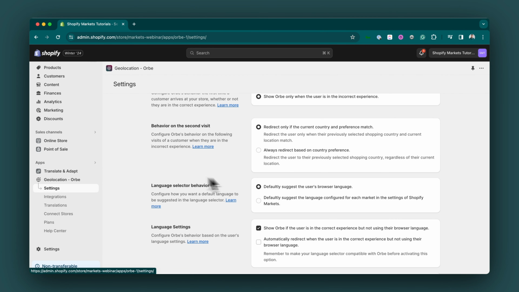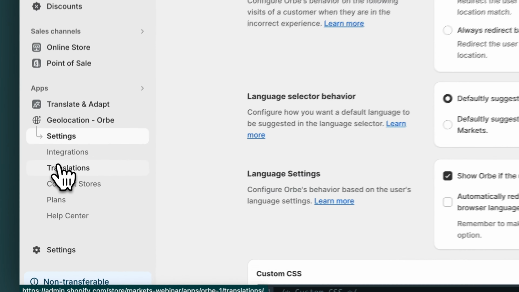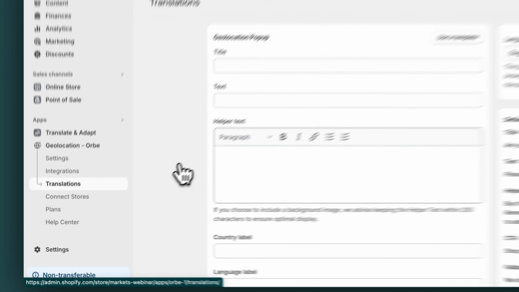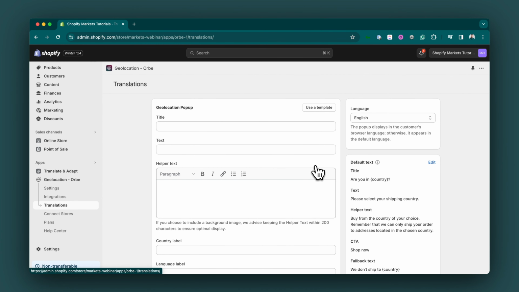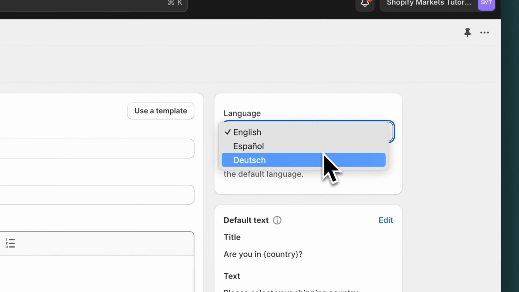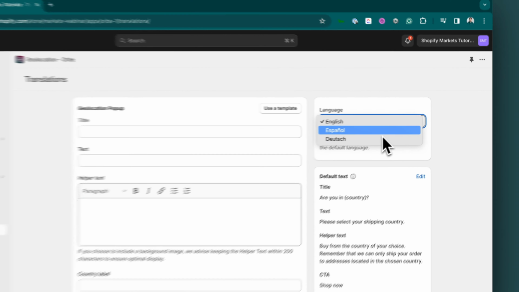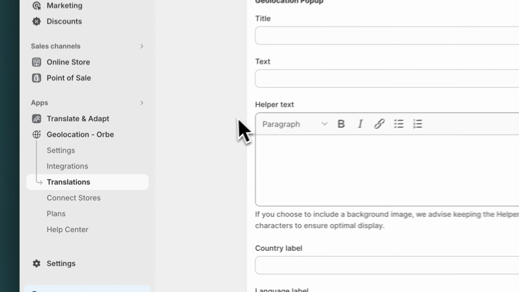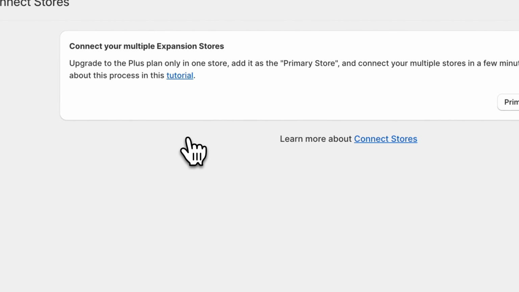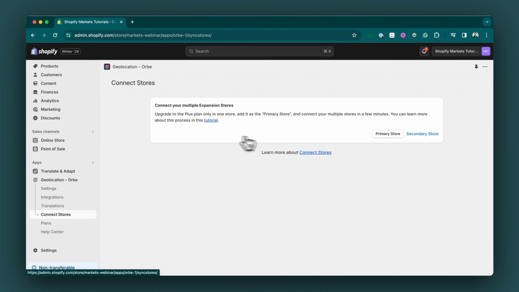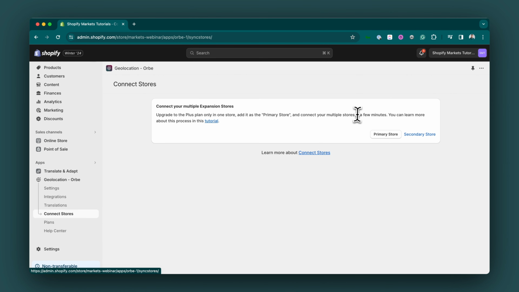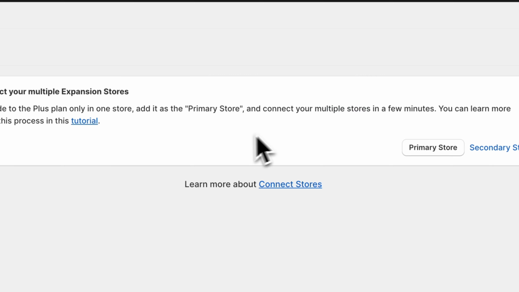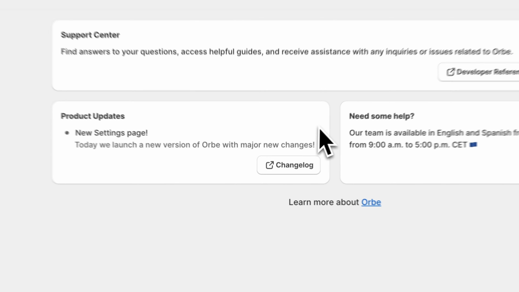You can also translate your welcome pop-up to match your users' preferred browser language, ensuring that your country and language recommendations are perfectly tailored to your customers' linguistic preferences, and also seamlessly redirect between different country experiences across multiple Shopify stores, and many other features that you can find and learn about in our help center.